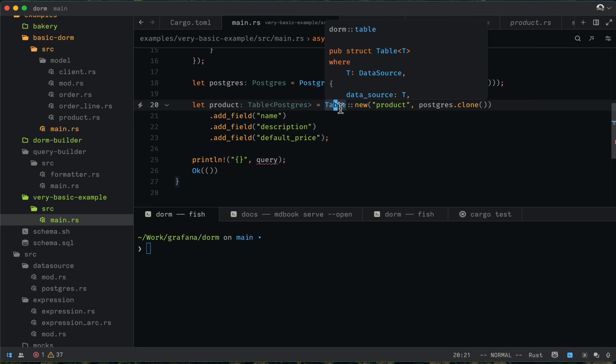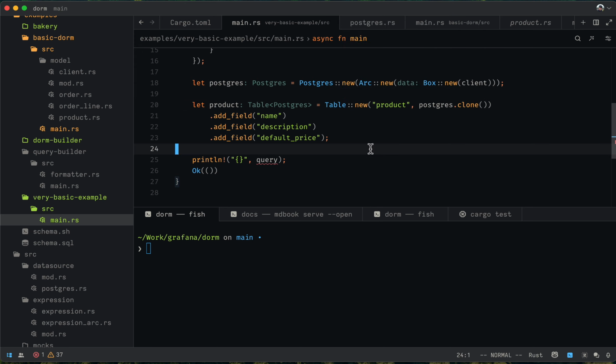To sum it up, a query is a structure that consists of expressions. It is designed just to execute a single query, and after it's been executed, there is no need for you to keep that query. The table, however, is much more long-lived, so it can generate multiple queries. And in this example,